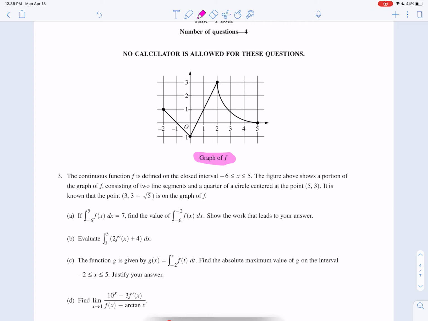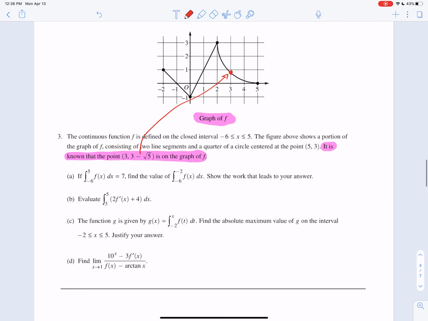Okay, so they give us this random fact here. It might seem meaningless now, but I'm sure we're going to have to use it later. At 3, the y value is 3 minus rad 5. So right about here is what they're referring to. But let's see how that comes into play, okay? All right, part A. If the integral of f from negative 6 to 5 is 7, find the value from negative 6 to negative